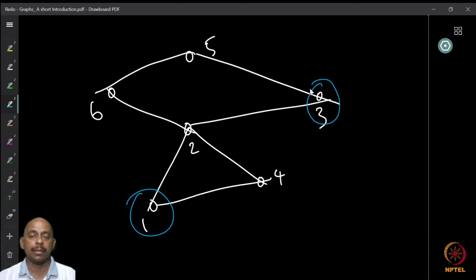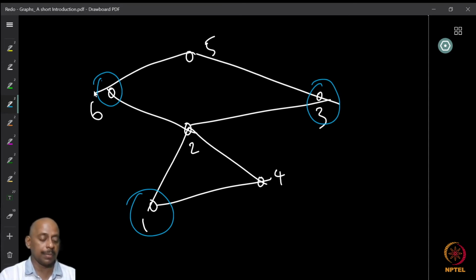Now if I choose 3, then I can say that 1, 3 is an independent set, right? Of course, 1 itself is an independent set. 1, 3 is an independent set. Now I can see, okay, can I add any more vertices to the independent set? So I see that 5 is adjacent to 3. I cannot add 5, but 6 is not adjacent to 1 or 3. So I can add 6. So I selected these 3 and I got an independent set of size 3 in this graph. So I have a subset, let's say 1, 3 and 6, which is a subset of the vertex set, and this is an independent set in the graph.